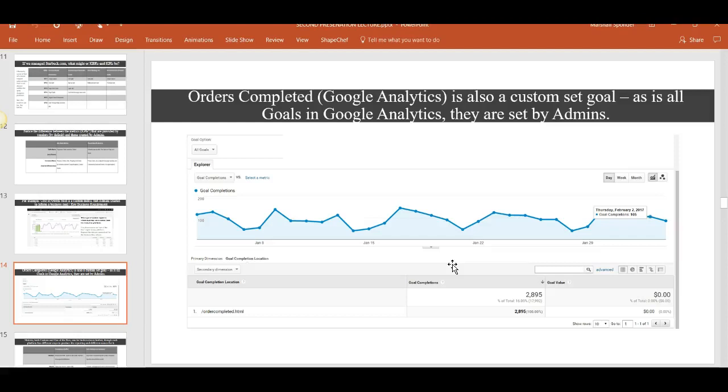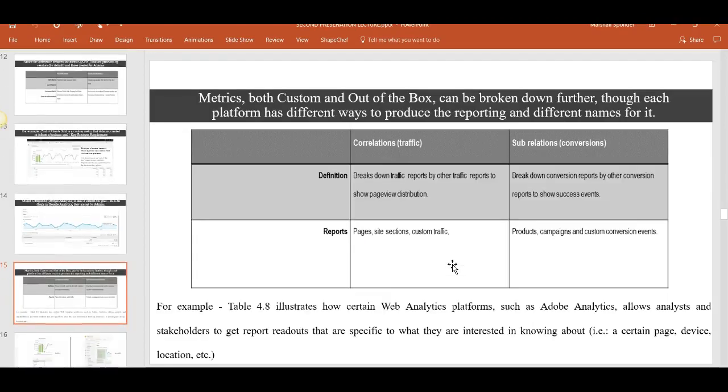There's a page, and someone created a goal for that, an admin at Google, so you can see the same thing. And also, you can keep on breaking them down and then looking at very specific reports that are related to the things you want to look at.